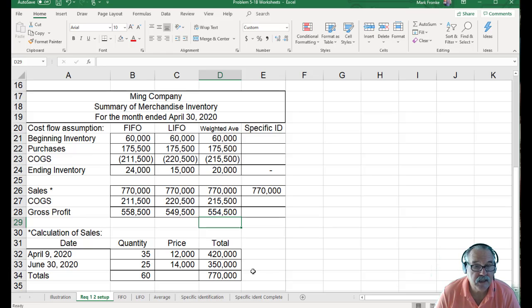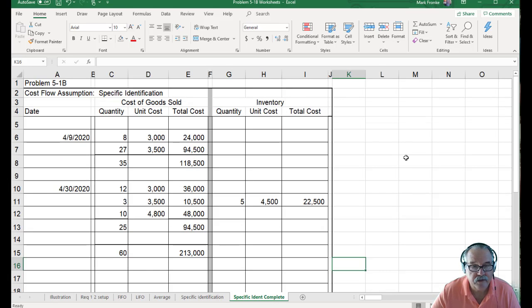So you can see in an inflationary environment, FIFO is going to have the highest gross profit, LIFO is going to have the lowest gross profit, and the weighted average is going to be somewhere in the middle. Now, for specific identification, they told us in the book specifically which ones were sold. And so I've prepared a schedule that says, okay, on the 9th when we sold 35, we sold 8 of the $3,000 ones, and we sold 27 of the $3,500 ones, which is a gross profit of